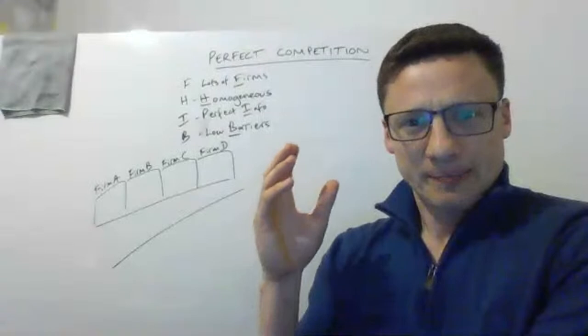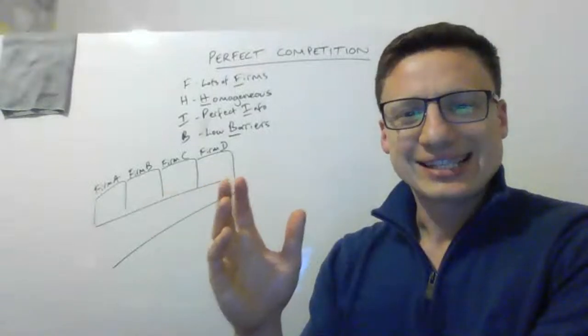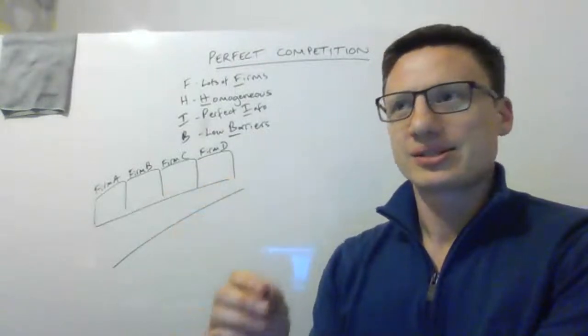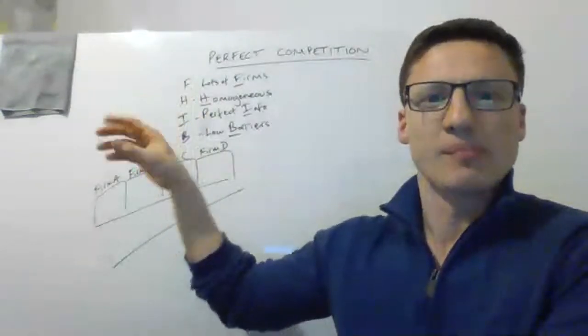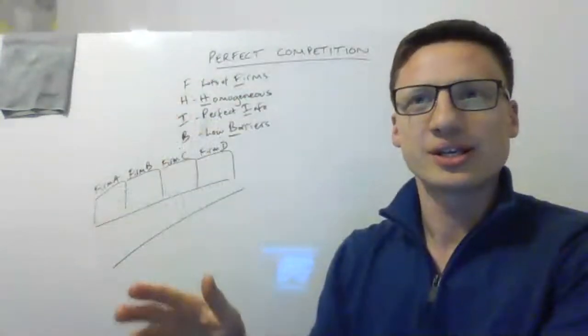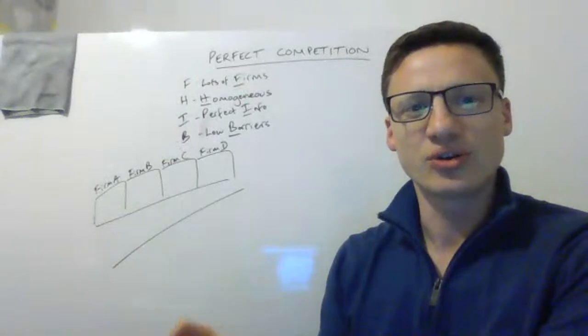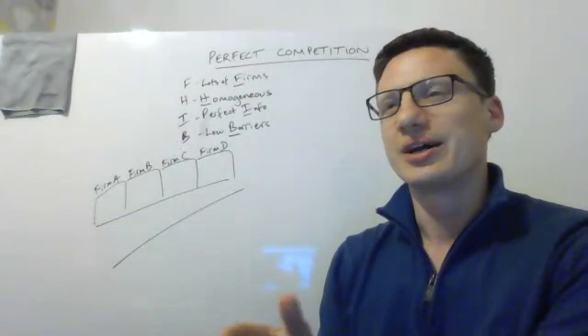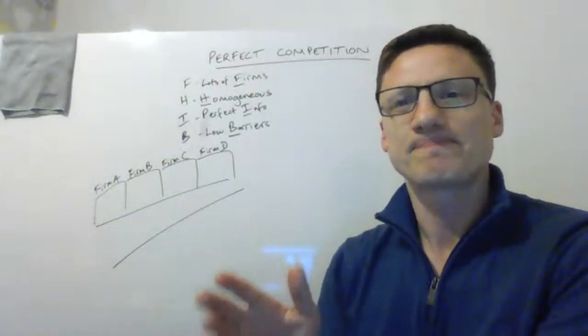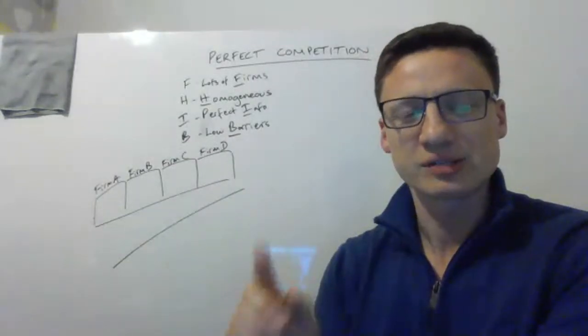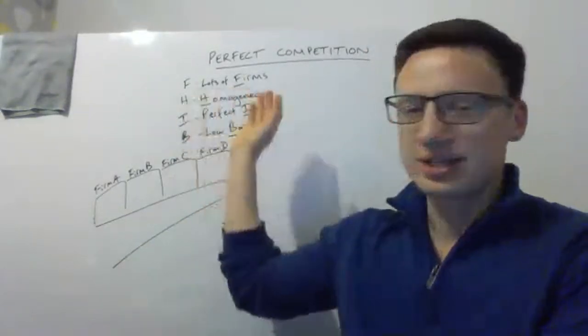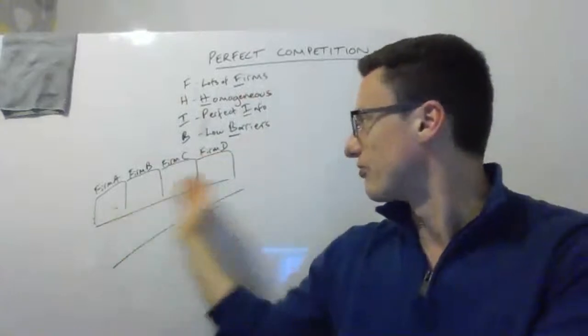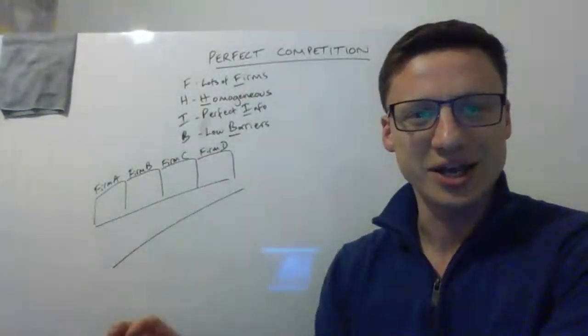So they are exactly the same. We'll come back to this in a minute, but perfect competition is a hypothetical idea. It's not necessarily there to illustrate real life, but it's still useful, and I'll explain why in a moment. Homogeneity then is the idea that all of these 4 firms here, A to D, all sell exactly the same